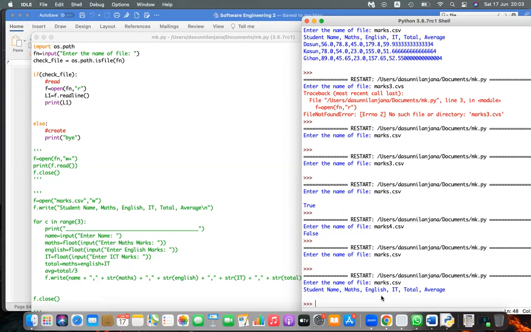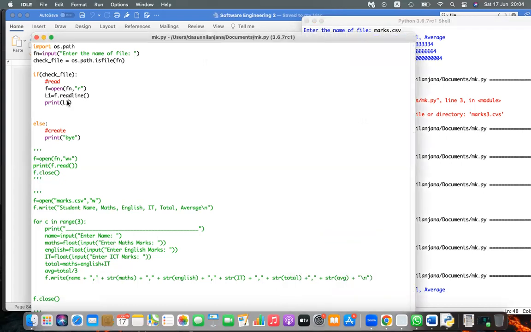But if the heading part is not there, you need to write the heading as well. If the heading is there, you can consider the file as an empty file. Again, if L1 is printed, then you can check whether it consists of